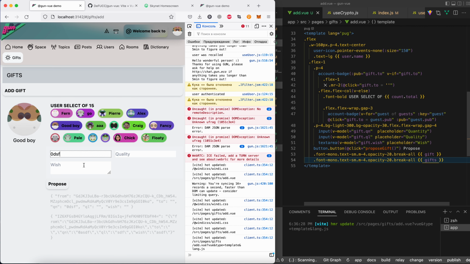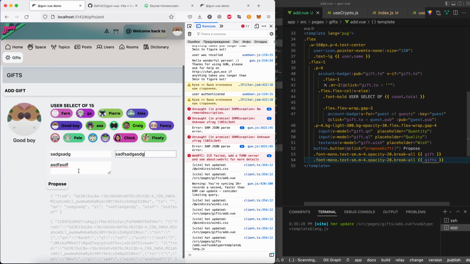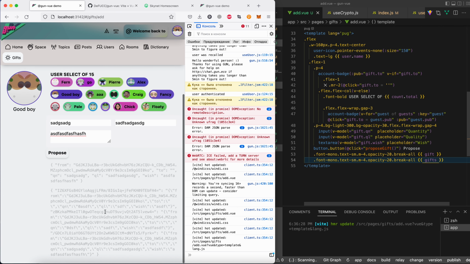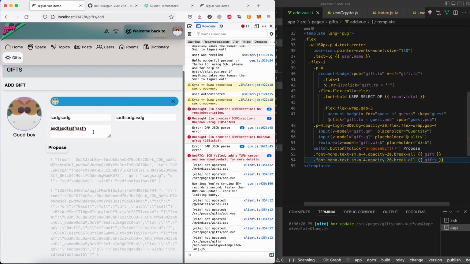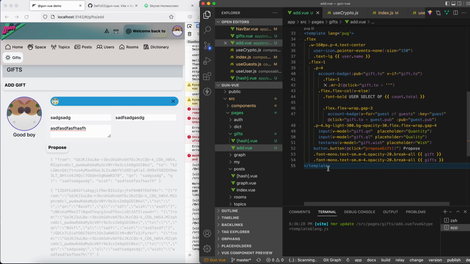Gifts, yes, we have one gift, and there's another gift, and another, and there will be many of them. So we have the hash and the data. So the from section, the two empty sections still, and the quantity and the quality and the wish. This is the object that is stored, and that is immutably stored, but for now it's not immutably